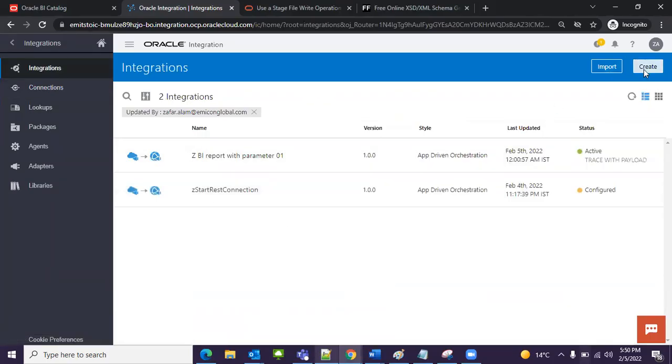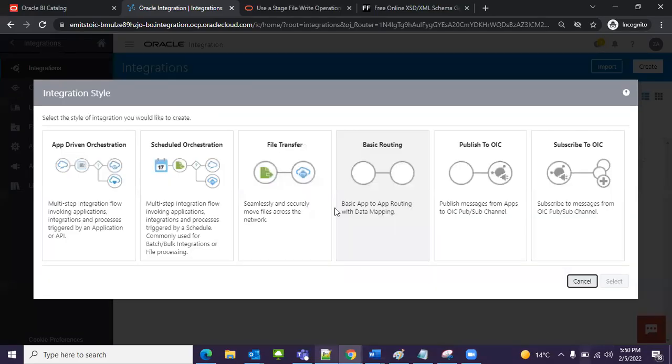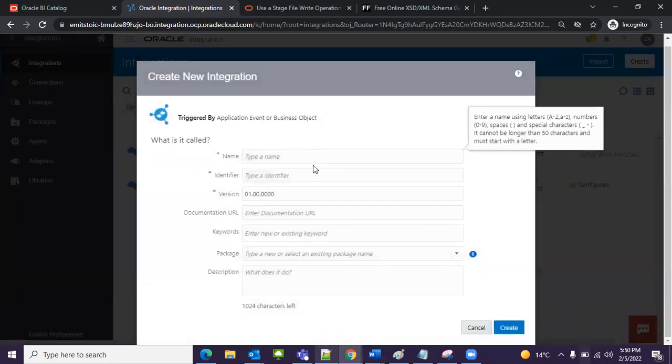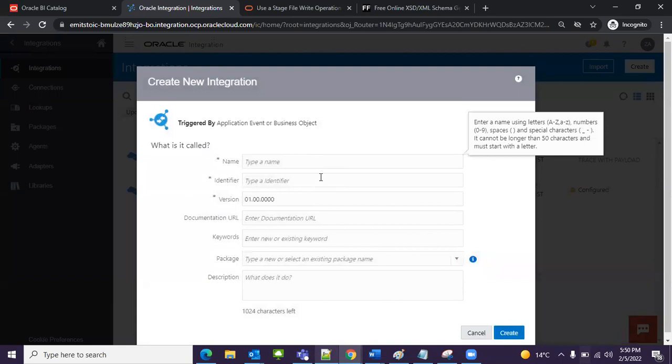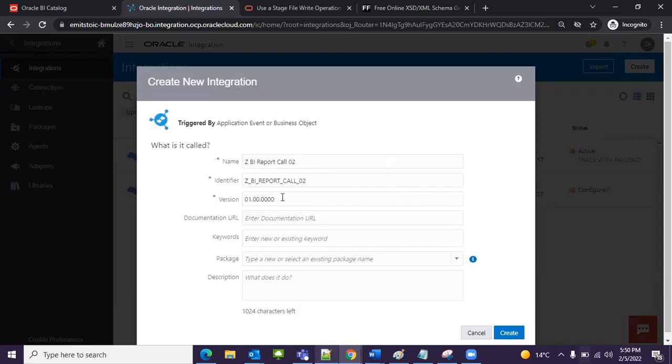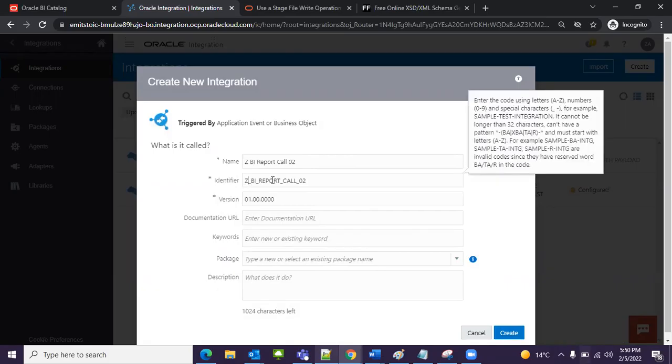So here I will click on create, and I will select app driven orchestration, right? So just click on select, and here I need to give the name of that integration. So I will give the name Z BI report call 02, right? You can give any name, and that identifier should be